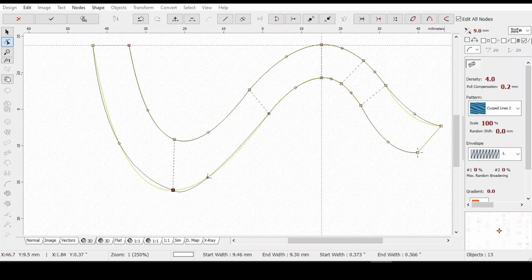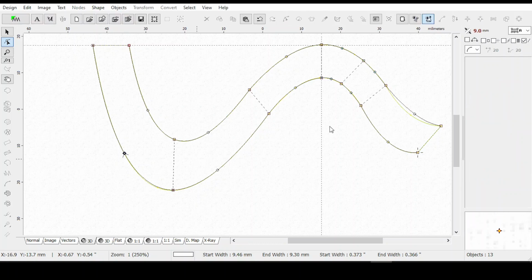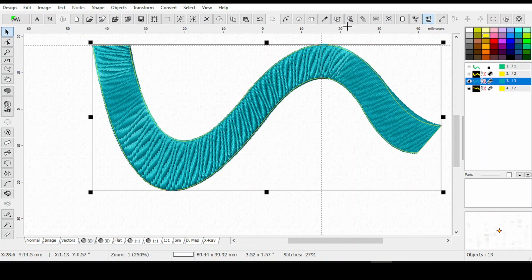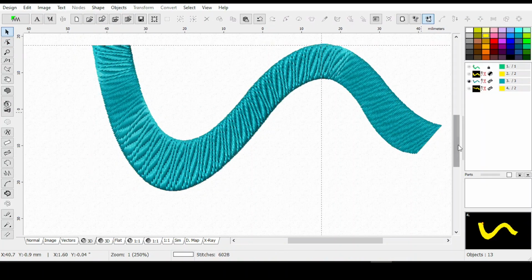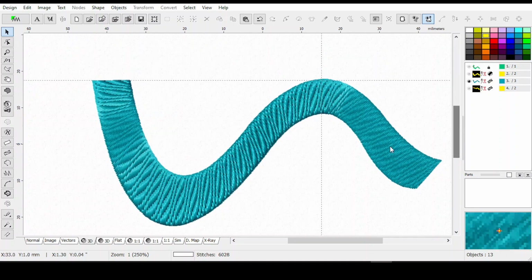And it is still sliding on object edge. Slide this one. Slide this. And we'll see what that does. Hide the yellow. That's not bad. You're not going to have this coloring here when you really stitch it out,